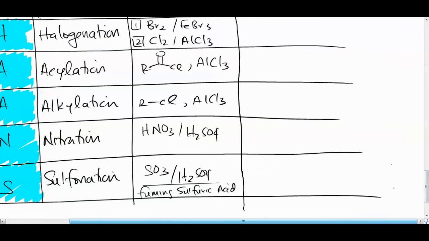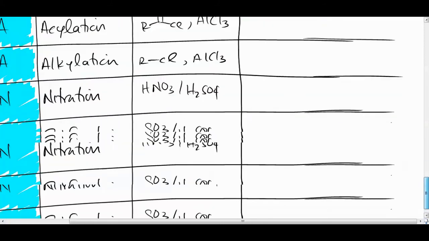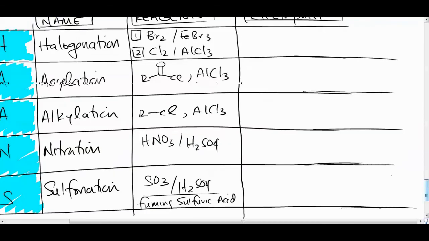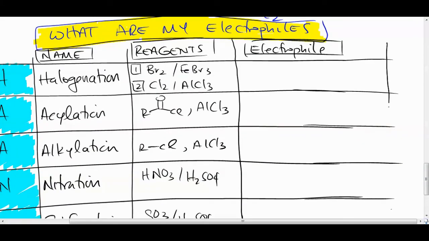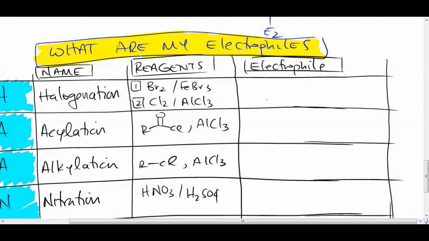Now, we need to know what our electrophile is going to be. Each of these reactions is going to create an electrophile. You have your notes on this, right? Sort of. We might need it here so we can verify these electrophiles. Some of them are clear, some of them are not. It depends on how your professor wants them to be shown. Some professors say that this is acceptable, R+. Some professors say it's not acceptable. Some professors want to see this whole entire